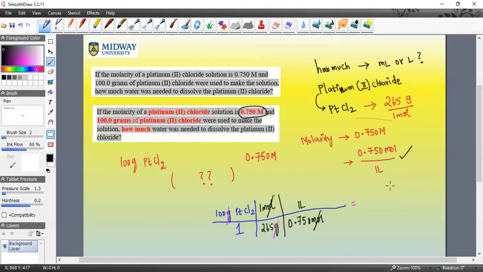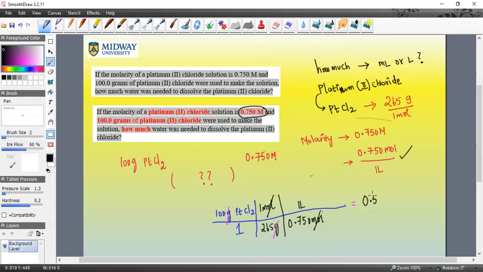So it's 100 divided by 265, and then it's divided further by 0.75. So that means you started with 0.503